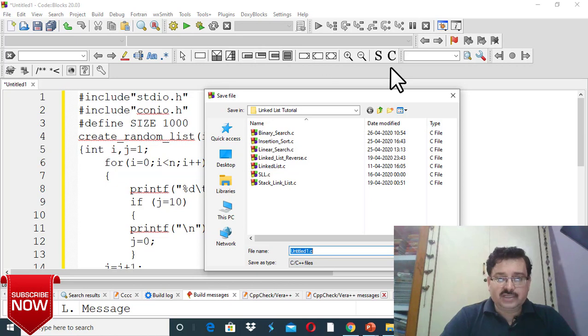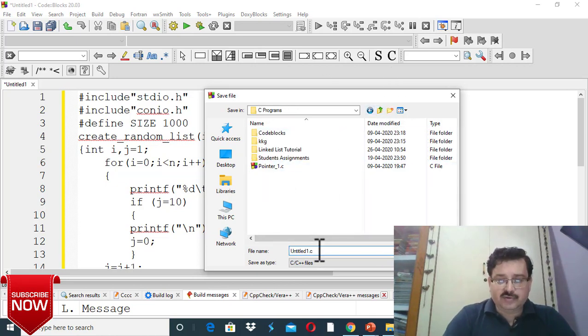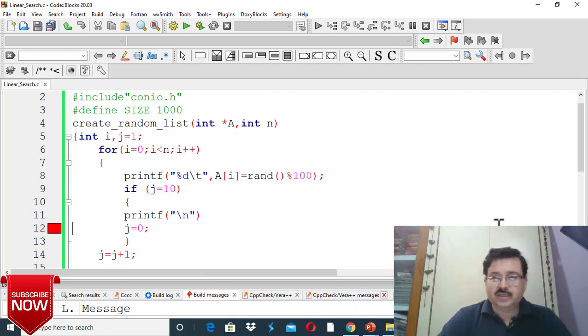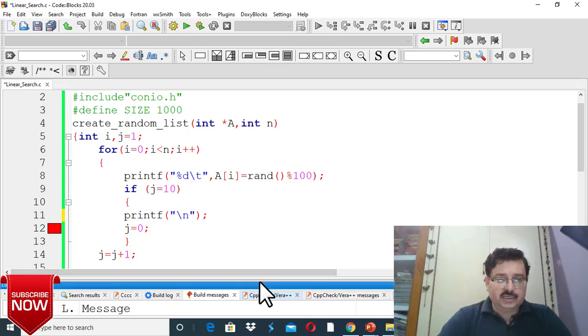So I will save this program by the name of linear search. Okay, now we'll see there is an error. Okay, I have to use the line terminator, that is semicolon.